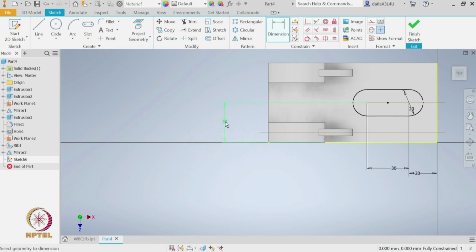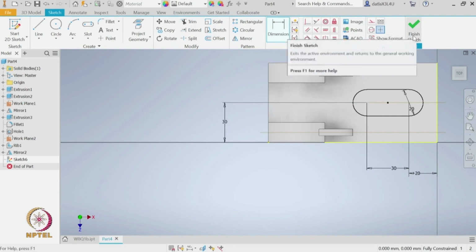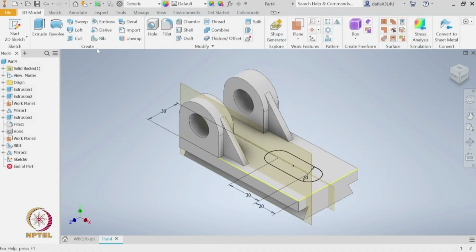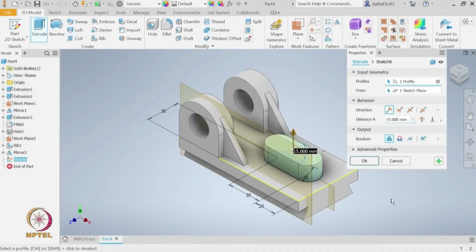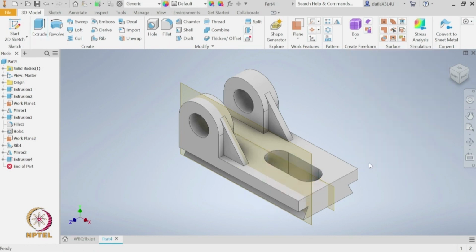Okay. Now, it is completely constrained, I can complete the sketch and then use the extrude command with the Boolean operation of cut to make this complete cut. Here we will specify that it is a through cut, so that it goes all the way to the bottom and then click OK. So, one option is, I mean we are done with the problem and this is the